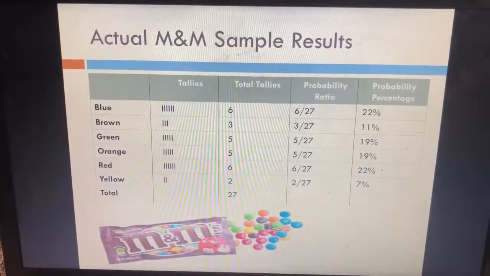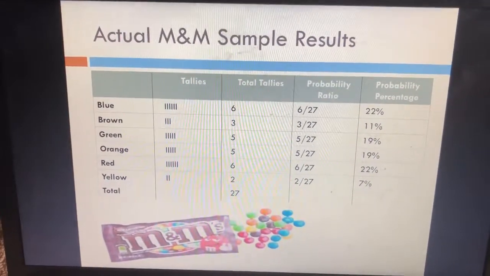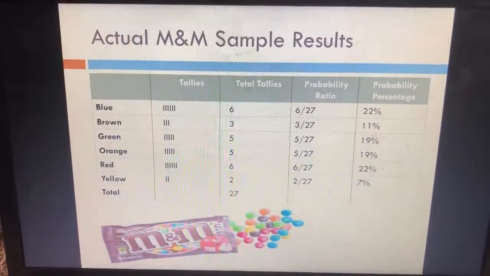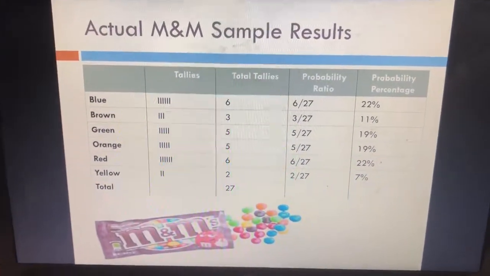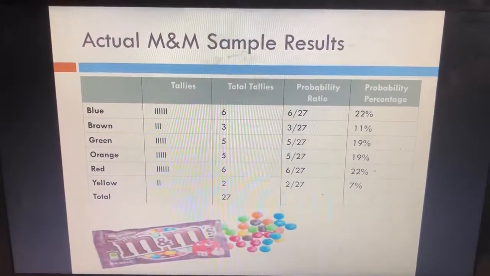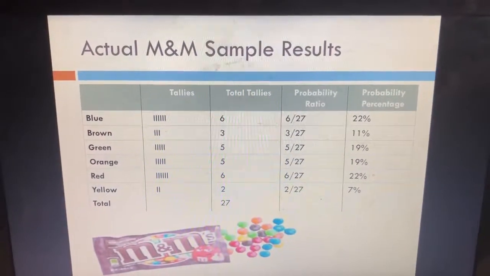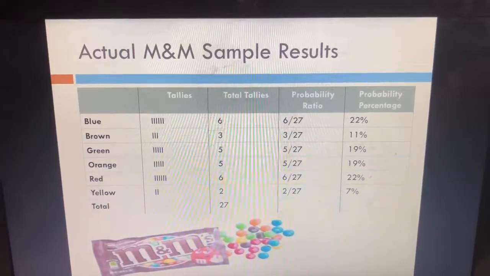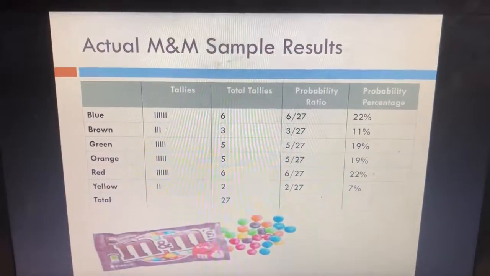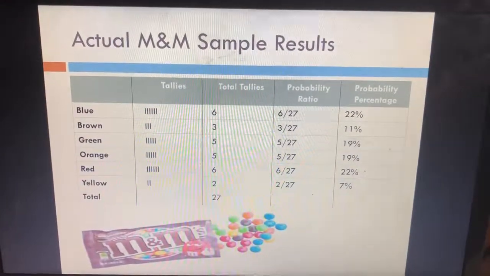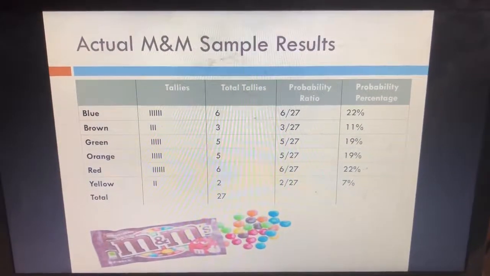So it looks like blue and red M&Ms are the most popular color in my bag of M&Ms because I had 6 of both colors in my bag. If you look at my chart, you can see that I had only 2 yellow M&Ms in my bag. So that gave me a probability percentage of only 7% of pulling out a yellow M&M out of my bag. So once you have your chart filled out with all your information from